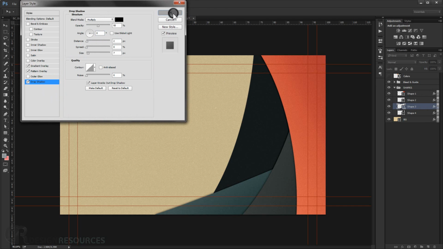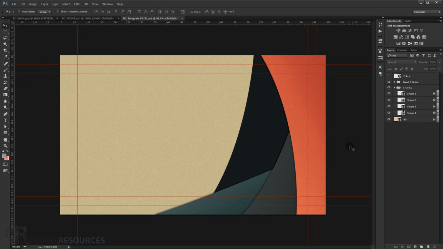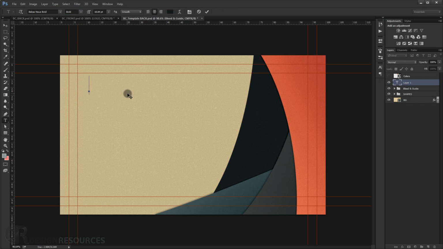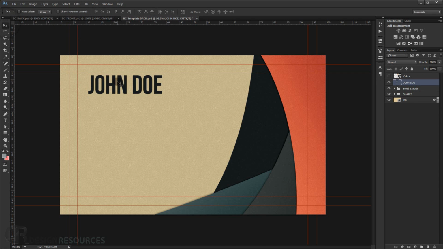Alright, and press OK. As you can see, now we'll start to add the text and the information. So we just go and choose text. We'll be using the same font in here. So we just put your name. We just add John Doe in here like that, and I will make it a little bit bigger. Alright, something like that,